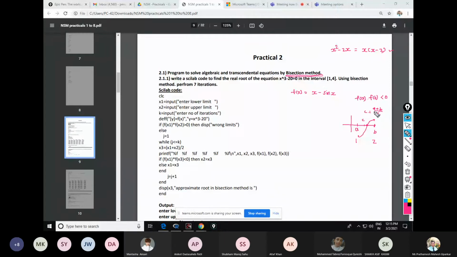So what I am doing, I will again ask the question. This is my first iteration, where I am dividing the interval A and B into half. If I want to locate the root, do I have to take the interval A to C in the next iteration, or the interval C to B in the next iteration? Which of the two will I take, this one or this one? How will you decide? How to go to the next iteration?